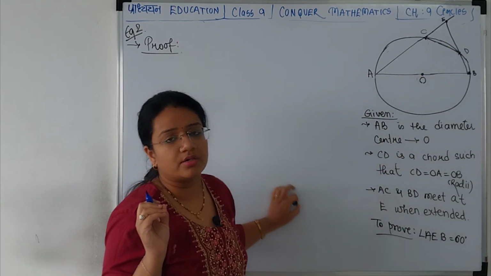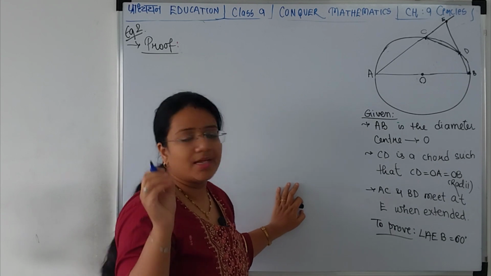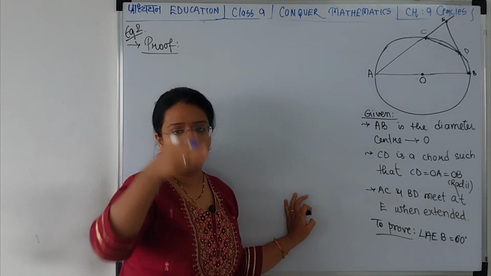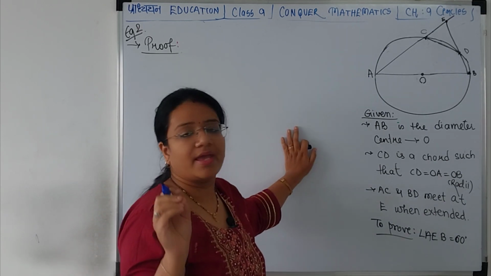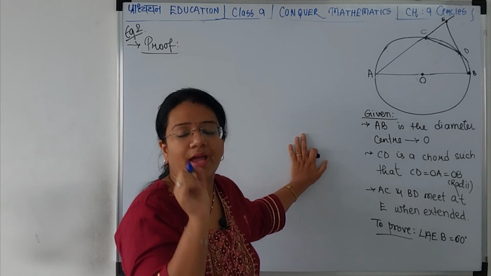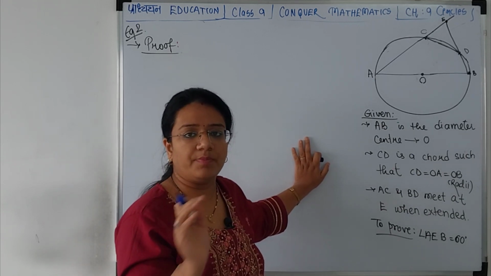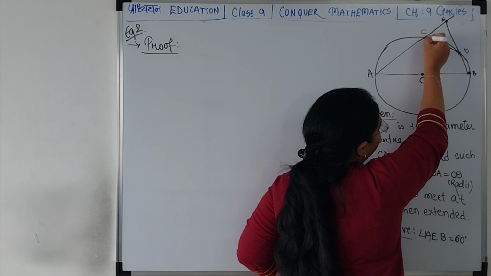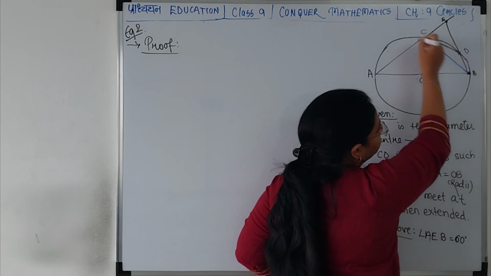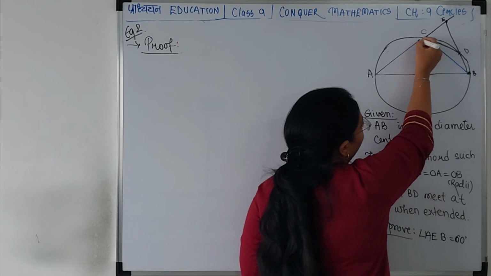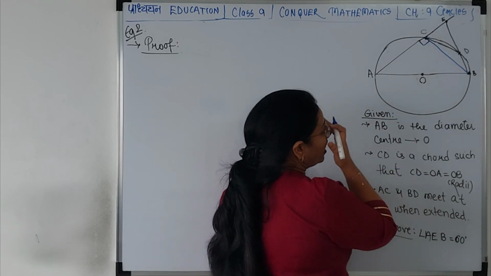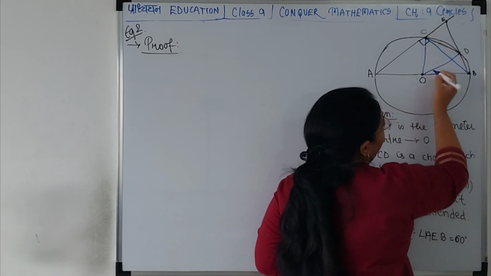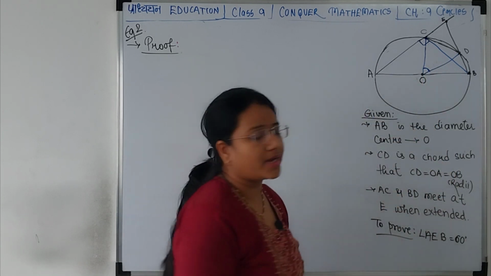Okay, there are 2-3 concepts that you need to remember. The angle made by a chord at the center is double the angle made by the same chord on the remaining part of the circle. Another thing is the angle made in the semicircle. That means whatever angle the diameter makes on the circle, it will be a right angle. So here can you see a right angle being formed? Yes, if I join C to B, I can get a right angle right here. And I have CD as the chord. So if I join it with the center, I get an angle made by a chord at the center.